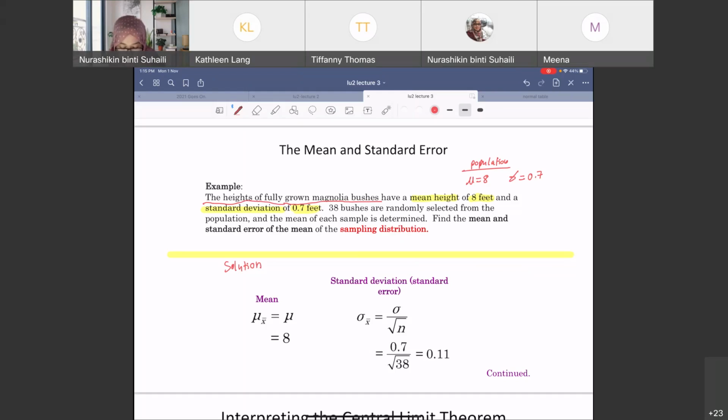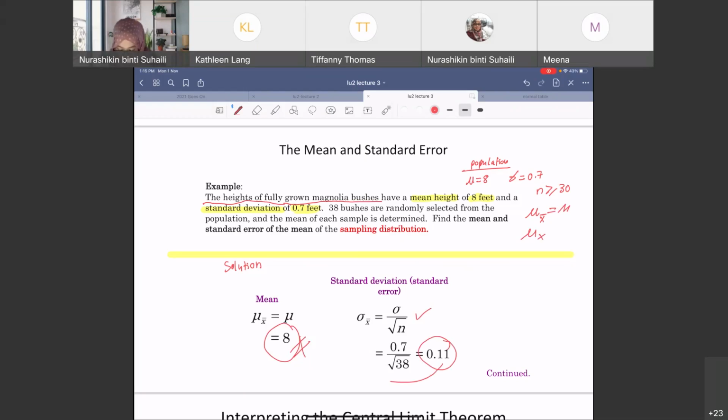Then 38 bushes are randomly selected, so this is actually the samples. The number of samples is 38, and n is greater than 30, so it satisfies the central limit theorem. When it satisfies the central limit theorem, we can apply the rule that the mean of the sample means is equal to the mean of the population. So μx here is equal to 8. Now for the standard deviation, we can apply this formula,